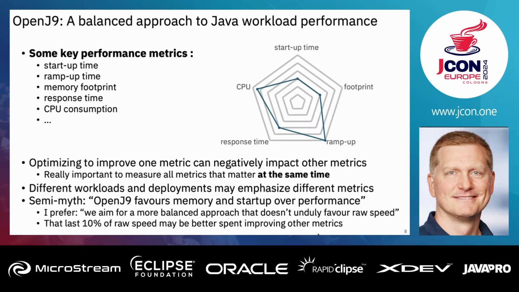So OpenJ9 takes what I would say is a more balanced approach to the performance of Java workloads. If you look at the many different scenarios where Java workloads run, there's a lot of different metrics that you can look at and that people care about. And everyone cares about metrics differently because it depends on what your workloads are doing. So you can't really afford to focus. If you work in a large team underneath a large number of products, you can't really afford to just focus on raw speed because not everyone cares about raw speed to the degree that you can ignore